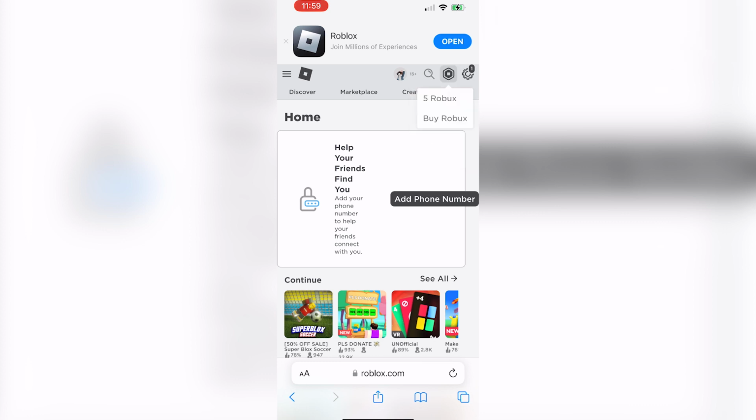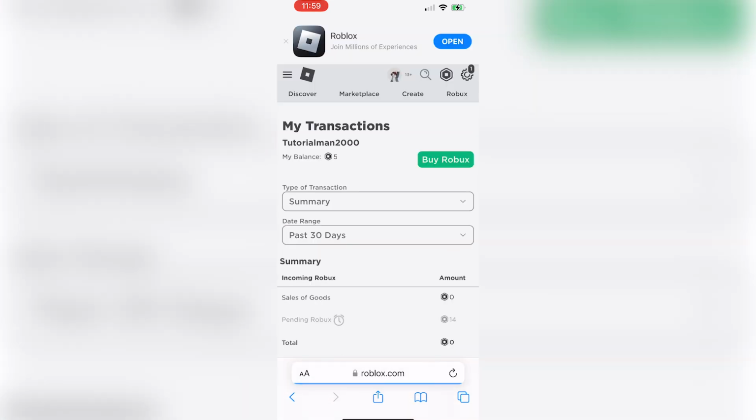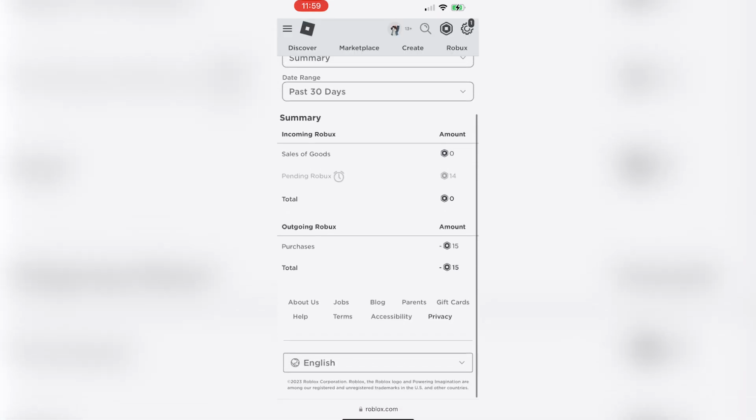So for me, I'm going to click on the Robux icon at the top right corner and click on my balance. Now, as you can see, pending Robux now if you scroll down, and as you can see,